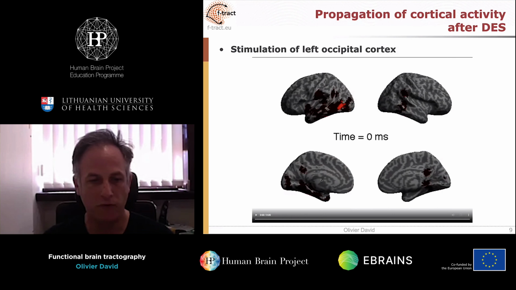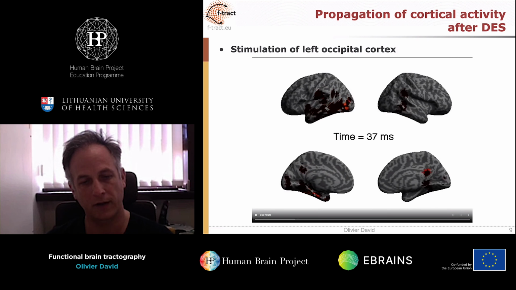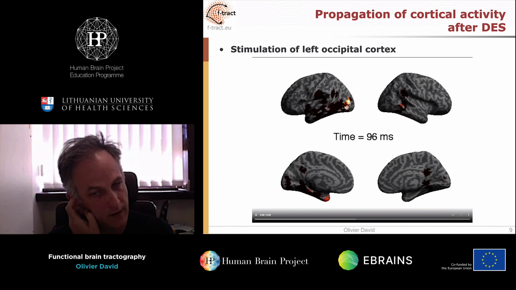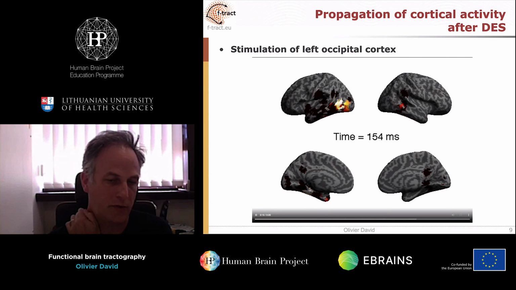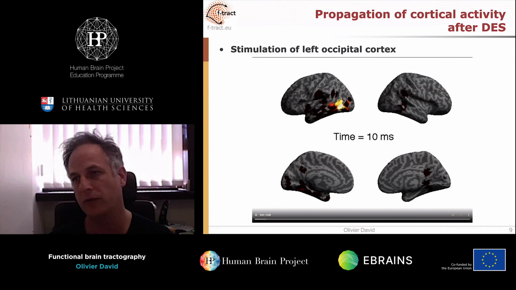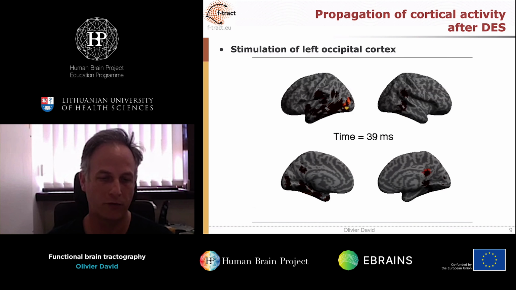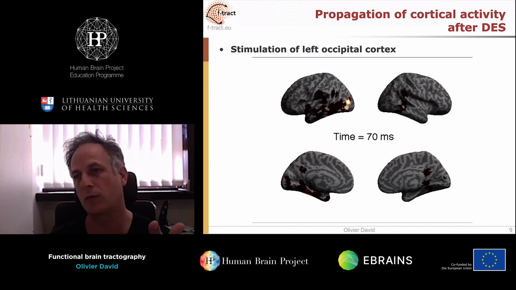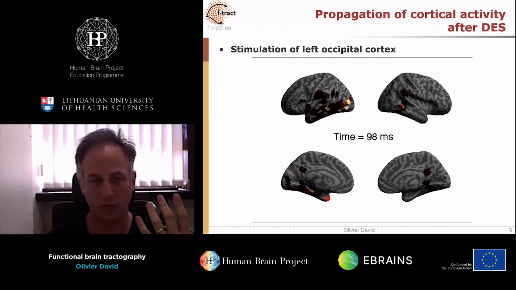So here is just another movie showing you a stimulation in the occipital areas, and the patient was implanted in the visual ventral stream. And what you will see in those data is a feed-forward propagation of the activity within the visual ventral stream that goes from the early visual area up to the temporal pole. And then around 100 milliseconds, you see the feedback volley of neuronal activity that goes from limbic areas towards other areas. And this is the only modality in which we can record with such temporal precision the feed-forward and feedback propagation of neuronal activity in the brain.